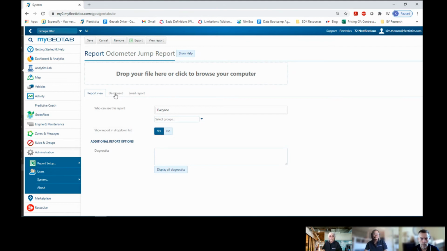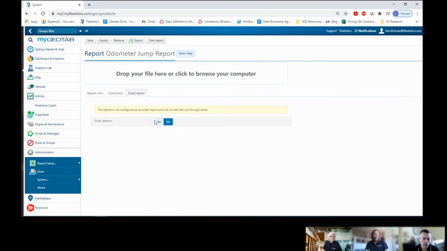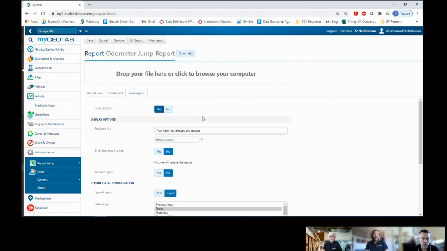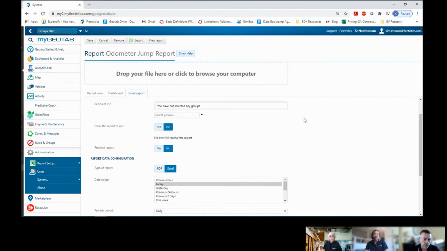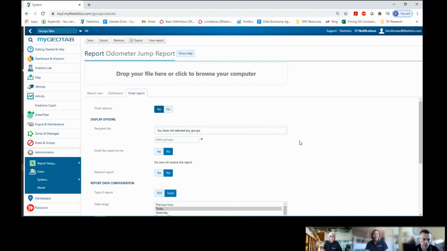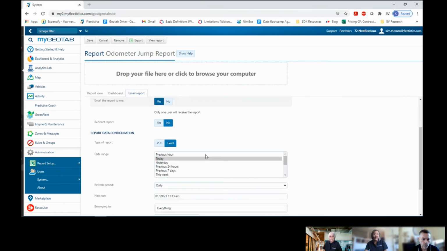Next step, because this isn't really a dashboard type event report, I'm going to set it up though to be emailed. So I want to put my email options. Clicking yes, now you'll see I have several options below that allow me to decide who's going to see the report. Yes, I want to have it emailed to me. And then you have to pick your report configuration. How often do you want to receive the report? So I want to keep it as Excel. I want to do it for the previous